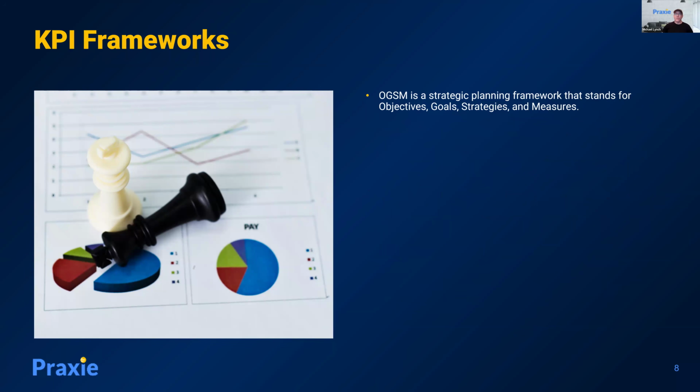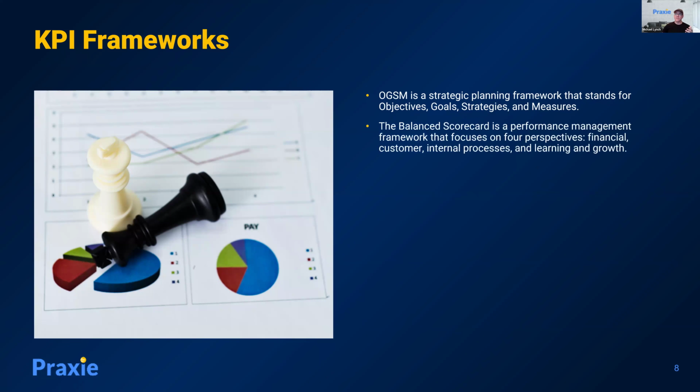Different frameworks for KPIs. KPIs, key performance indicators, is one, but there's a number of frameworks, and maybe you guys don't know all of these, but I'll walk you through them. OGSM: objectives, goals, strategies, and measures. This is a different method where you start with, and the wording here is different. I don't particularly love this one because strategy generally in the world I work in ends up at the top, but in this case, strategy is really a way you're going to go about achieving that. So what's the objective? What's the measurable goal? What's the strategy you're going to use and how are you going to measure it? So that's OGSM. You have balanced scorecard, which looks to create KPIs in a balanced method across different areas of the business.